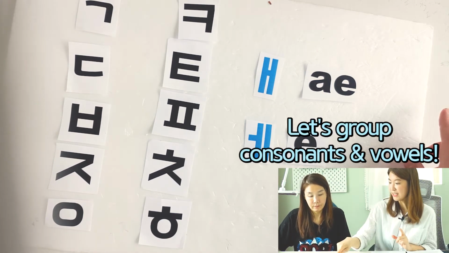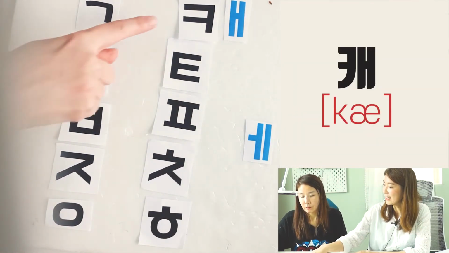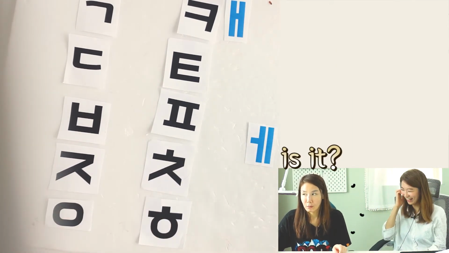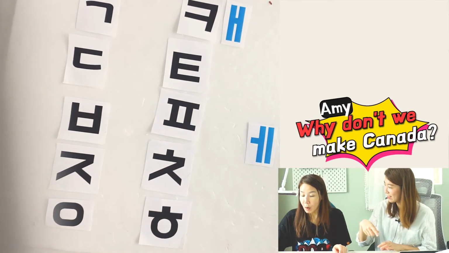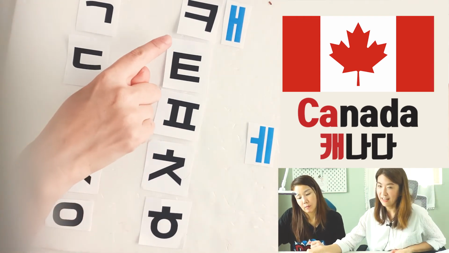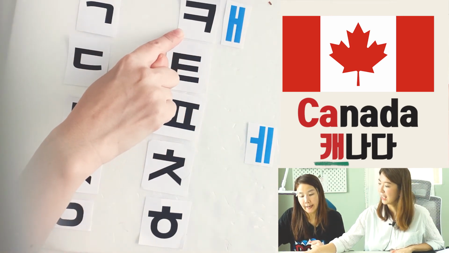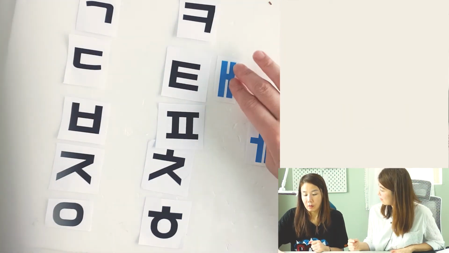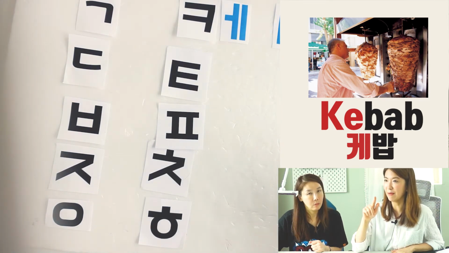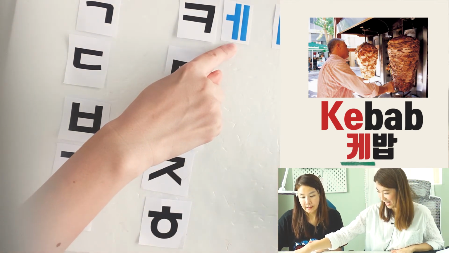So last group, these consonants and 2 vowels. So first letter we're going to make is K. 케밥! 이게 아닌가요? 그쵸. 네. 이거 캐나다 할까요, 우리 그러면? Oh, 캐나다. Canada. So when you write down Canada, the name of the country, then first letter will be like this. K. And did you say what? Kebab? Then she just mentioned kebab. Then we spell kebab like K-E-B-A-B. So for E, we use this E. So kebab.